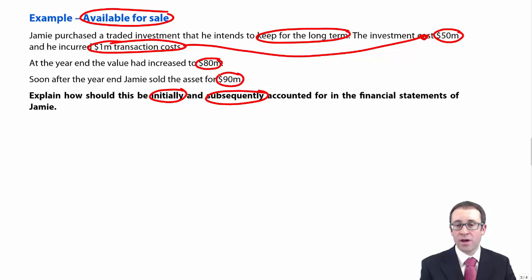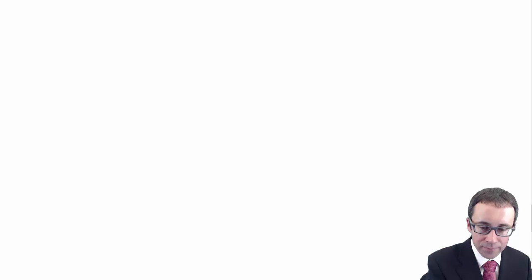The key bit that you've got there is when you do revalue it up to the 80 million, you need to think about where the gains and the losses go. Where do they go? Yeah, excellent. You're on the ball today, folks. Other comprehensive income. So if we go through that